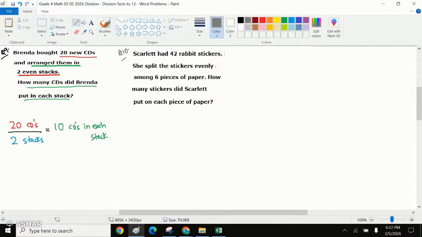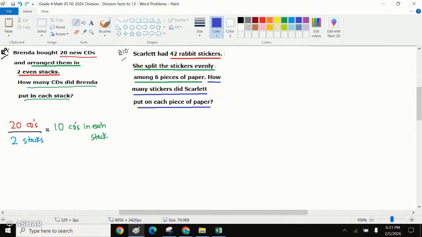So the question says, Scarlett has 42 rabbit stickers. She split the stickers evenly amongst 6 pieces of paper. So 42 stickers were put down onto 6 pieces of paper. How many stickers did Scarlett put on each piece of paper? Yes, very good. 42 divided by 6 is,